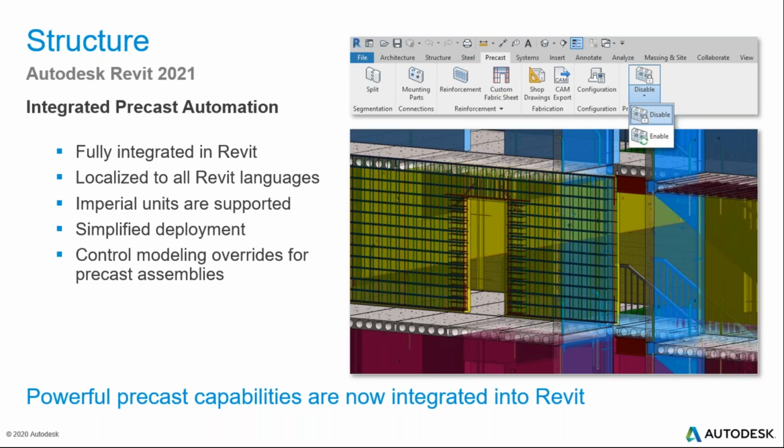The limitation in the whole process was that the precast application had to be separately installed in earlier versions of Revit. In Revit 2021, the precast extension is fully integrated into the Revit environment. So as and when you install Revit, the precast extension gets installed along with it, and it simplifies the entire deployment process for the users.